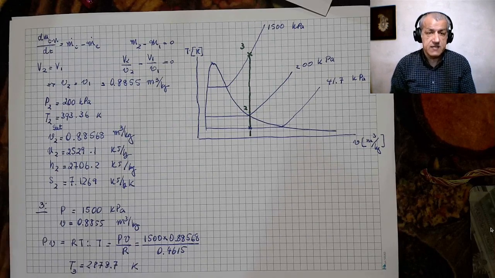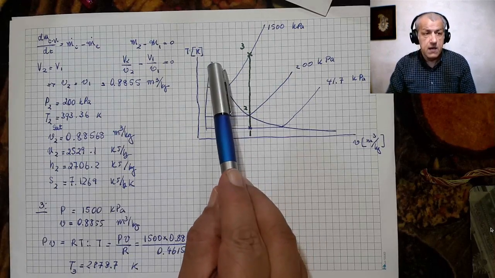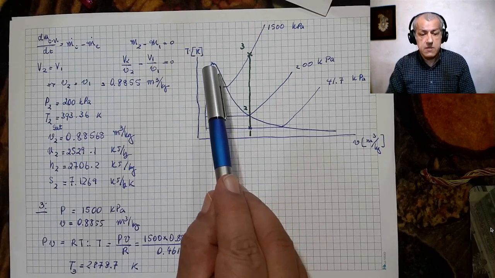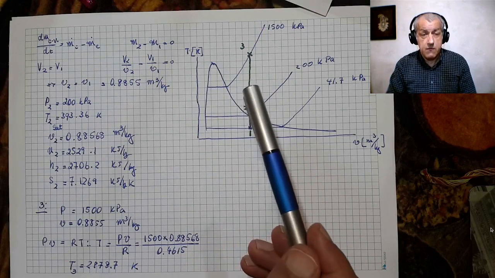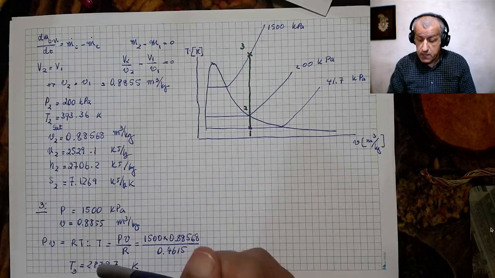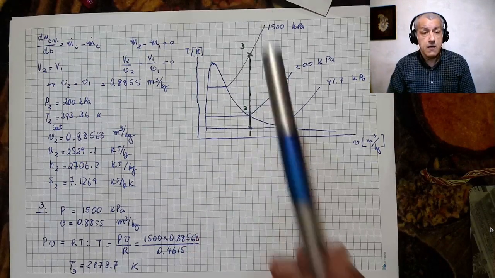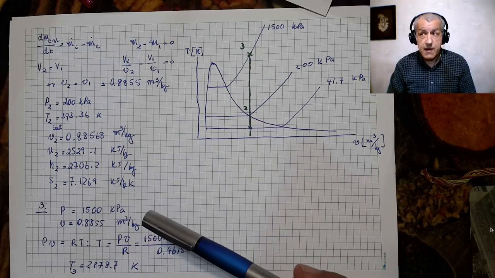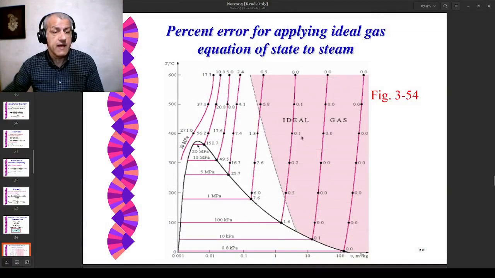And as we expected, the temperature is very high, considering that the temperature here at the critical point is somewhere around 640 kelvins. Then 2800 kelvins is far high and far above there, and that's what we expected from the figure that we had,